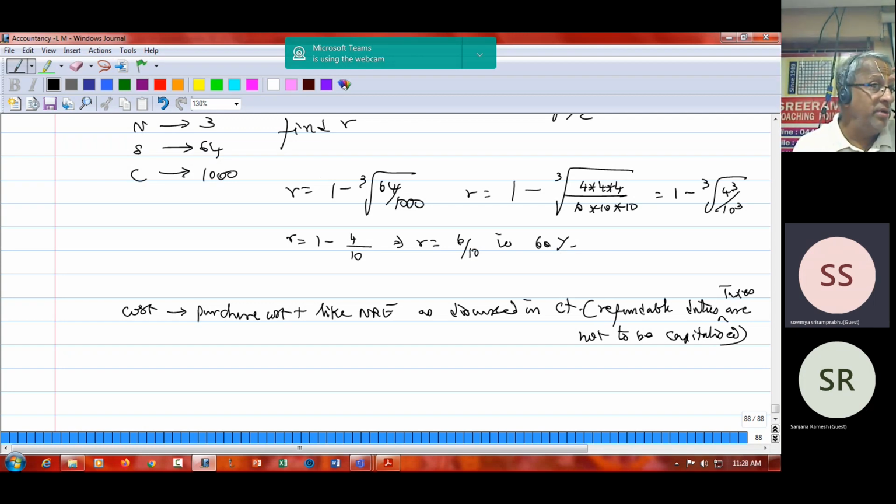What do you mean by refundable? Written off or not? In the trial balance we will know, sir. In the adjustment, written off or not? Either it could be written off or not. Sale or return? No. The refundable duties and taxes are not to be capitalized at all. What do you mean by refundable duties and taxes not to be capitalized at all?